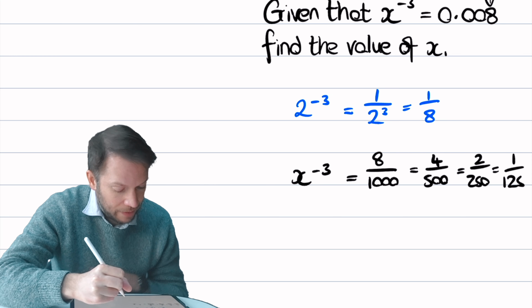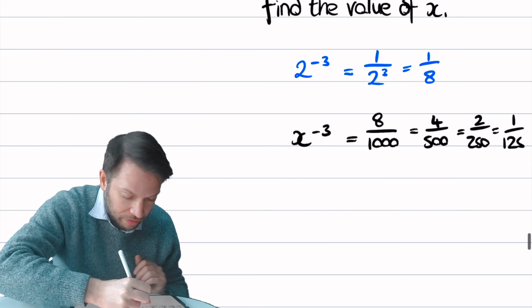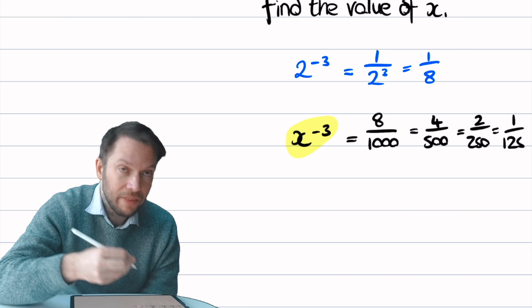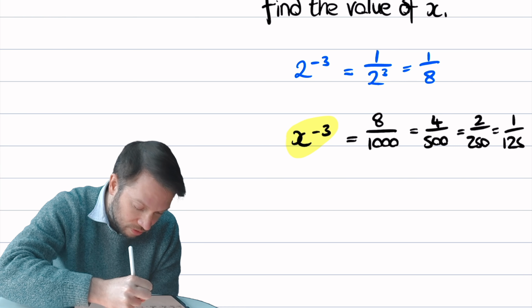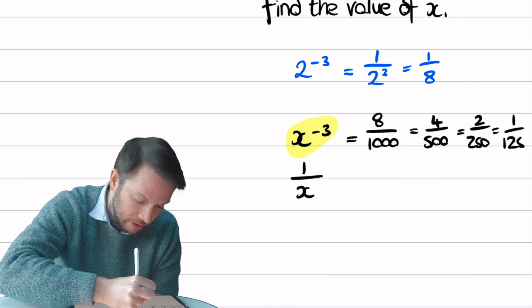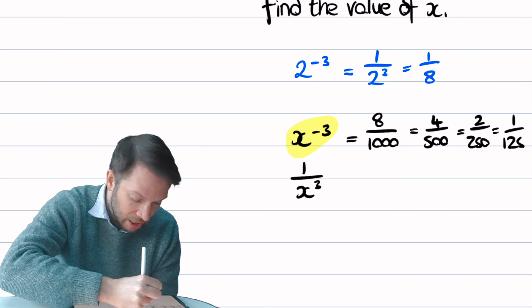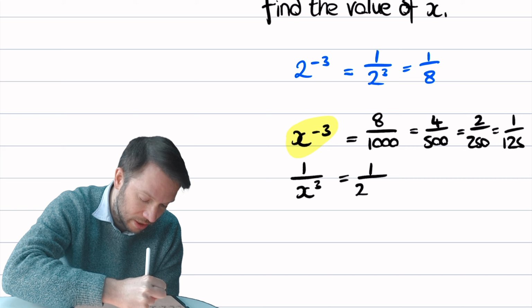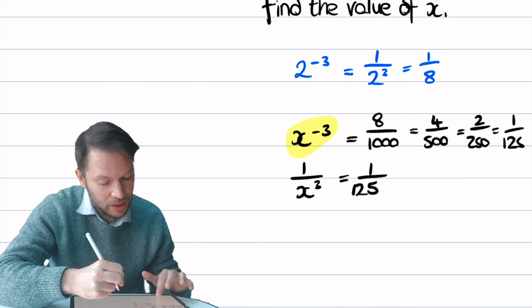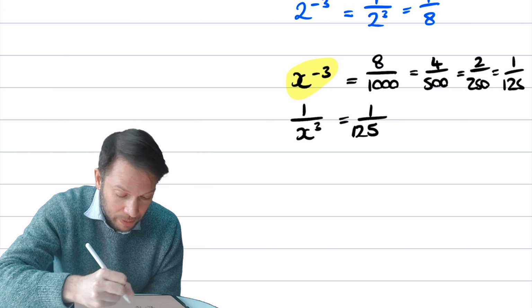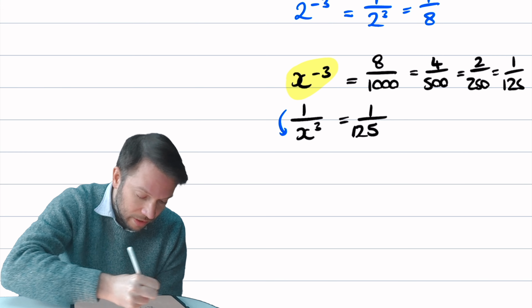So we simplified that. And then what does this x to the minus 3, how can we consider that? Well, as we said, if it's a negative index, we can write it as 1 over, and then the same power, but with a positive 3 instead of a negative 3, like that. So we've got 1 over x cubed is equal to 1 over 125, like that. Yep. Now, we could just reciprocate both sides. If we just flip both sides like this,